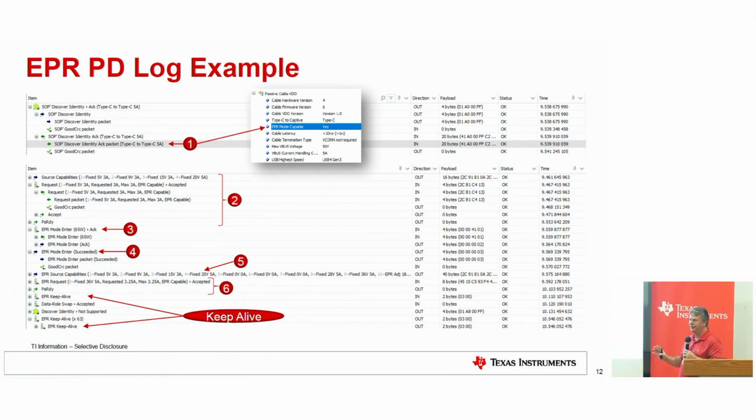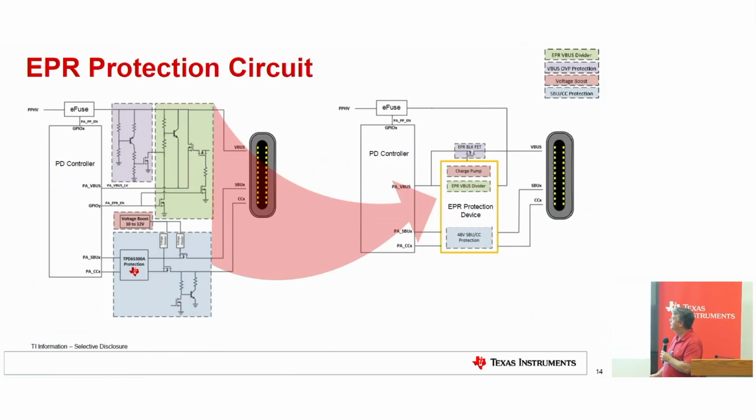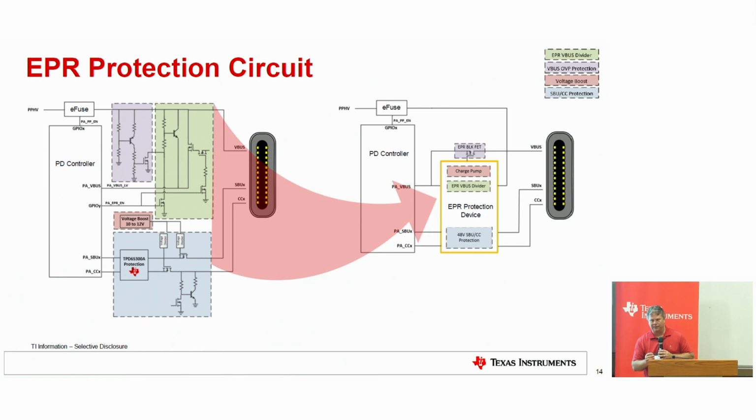Any questions on that? I covered quite a bit and threw a lot of three-letter acronyms out there, but to get into a few application diagrams that will be in the next couple slides, just high-level diagrams. I wanted to talk through, again, part of the purpose of today was to give you a background into Type-C PD, and then specifically some of the new EPR. Not many chips from a digital and a controller point of view and a communication point of view can handle voltages up to 48 volt.